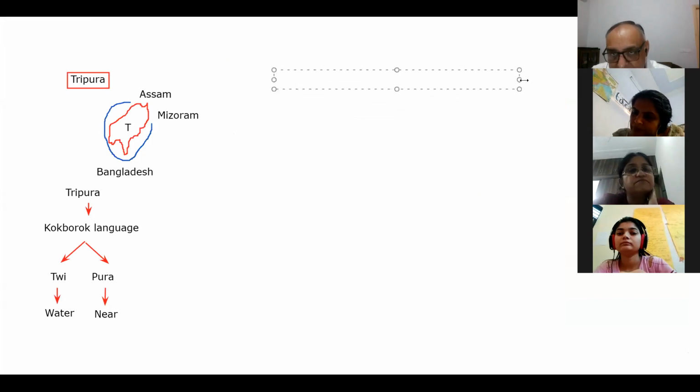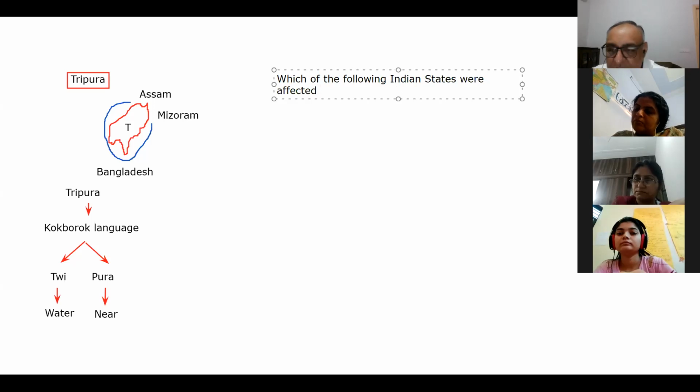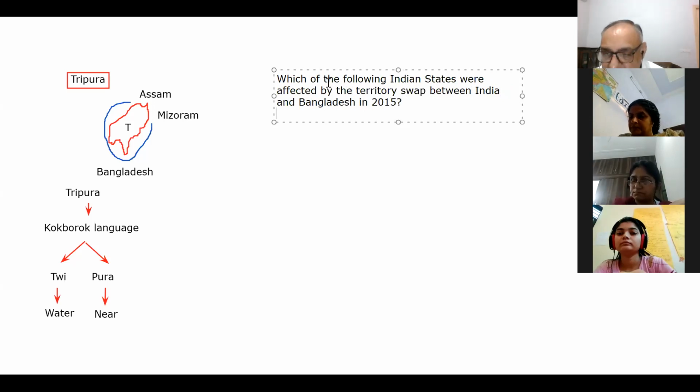Let's suppose, on this basis, the question can be asked that which of the following Indian states were affected by the territory exchange, by the territory swap, between the two countries, between India and Bangladesh, in 2015? जो इंडिया एंड बांग्लादेश में 2015 में टेरिटरी स्वैप हुई थी, उसकी वजह से भारत की कौन